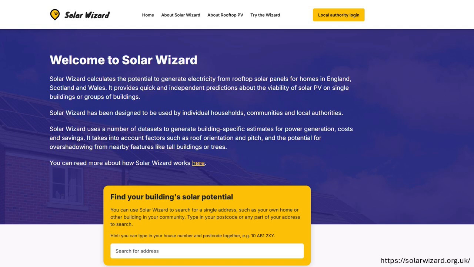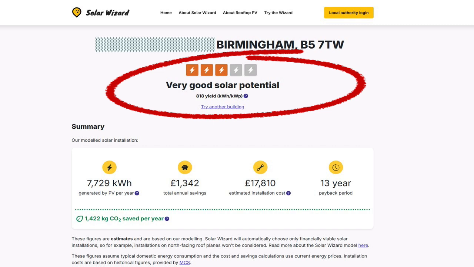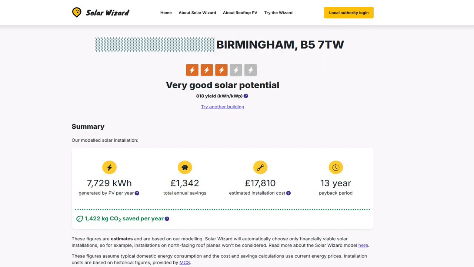The Solar Wizard tool takes a completely different approach to that of the Energy Saving Trust. Having entered the postcode and address of the property of interest, we are instantly presented with a summary indication of the solar potential, which is rated very good. Although our attention is perhaps drawn to the headline figure of 7,729 kilowatt hours, we should instead focus on the projected yield of 818 kilowatt hours per kilowatt peak of installed